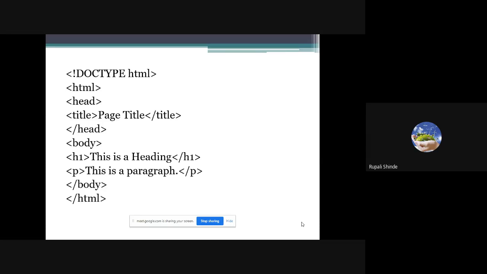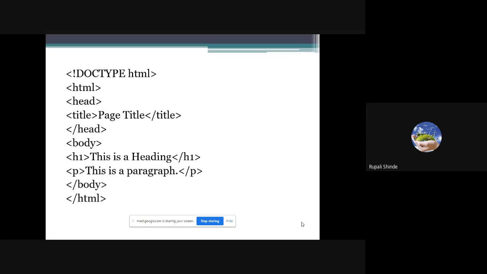So here I have very basic code which I have to write in the notepad to understand the very first web page, or the very basic web page which we can create with the help of the HTML language. Okay, so first of all, we are going to execute it, see how it is going to be written. Then we are going to check all the lines, what is the use of each particular line, and why we are going to include it. All that code we are going to explain after the execution.